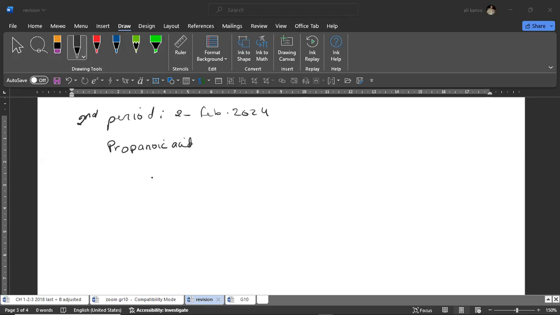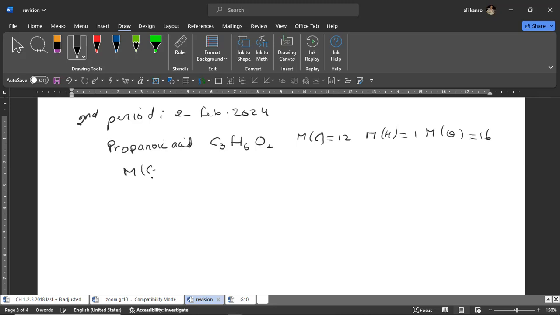Okay, I have a propanoic acid molecule C3H6O2. We are given also the molar masses: molar mass of carbon is 12, molar mass of hydrogen is equal to 1, molar mass of oxygen is equal to 16. And we have to find the molar mass of 1 mole. Molar mass of propanoic acid C3H6O2 is equal to 3